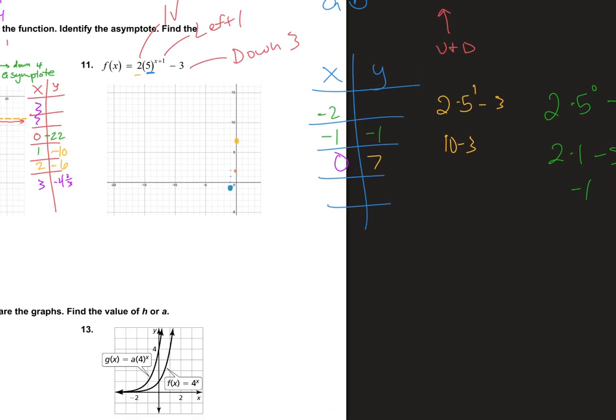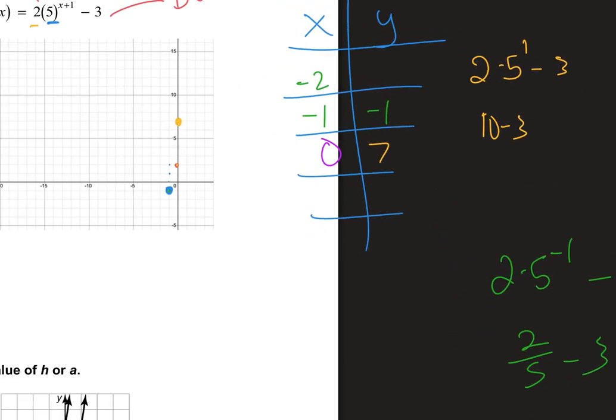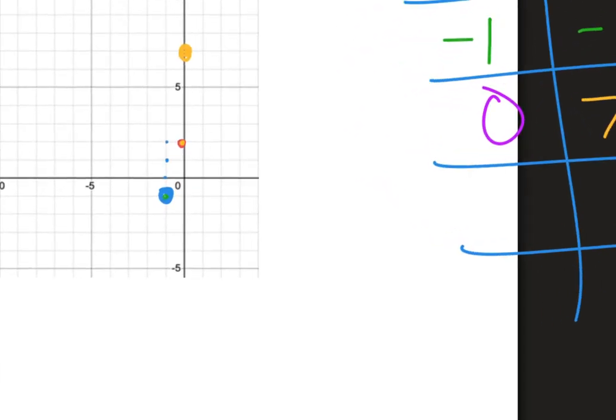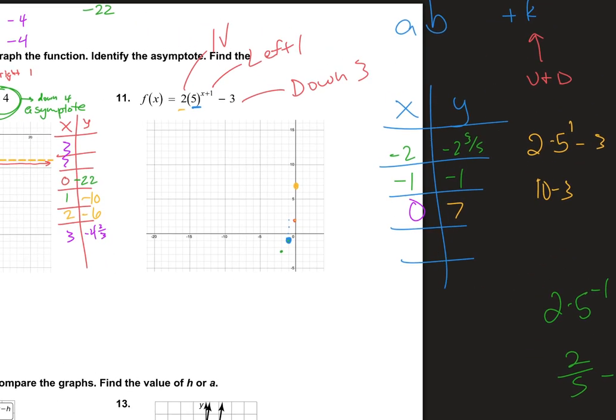How about -2? 2 times 5 to the -1 power minus 3. That's 2 over 5 minus 3. That is -2 3/5. Well, okay, -2 3/5. There-ish, yeah. And again, that tracks because our